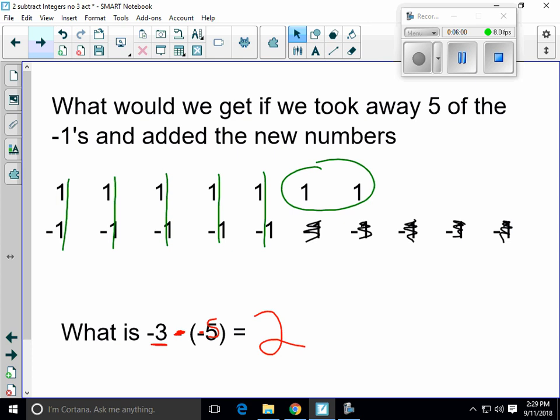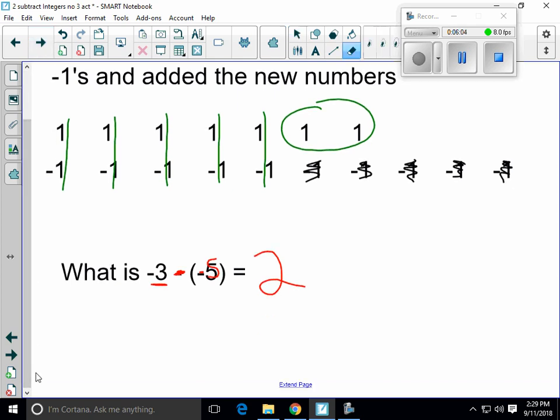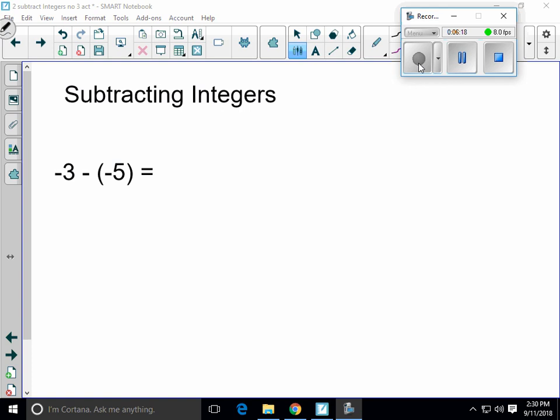All right, so we're trying to figure out, how does this happen? How does -3 minus -5 equal 2? So we're going to figure out the transformation that we have to do to subtraction problems to make them easier to do. Okay, so when we're subtracting integers, we're going to do a little trick. We're going to call it keep,